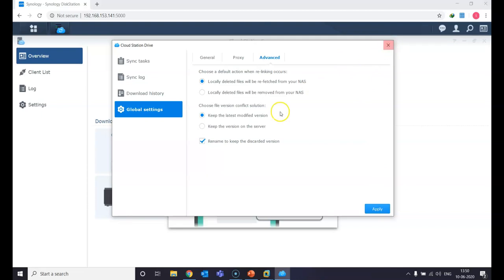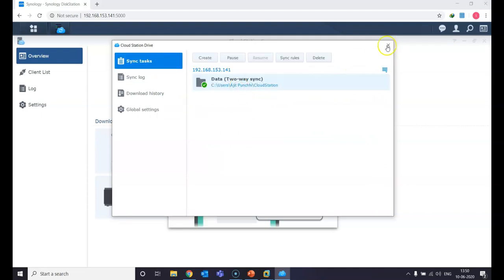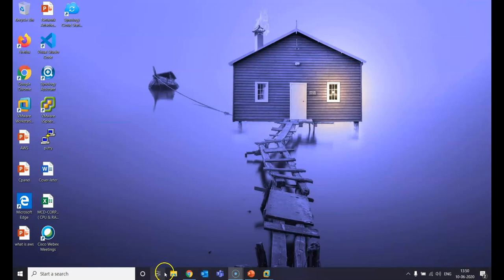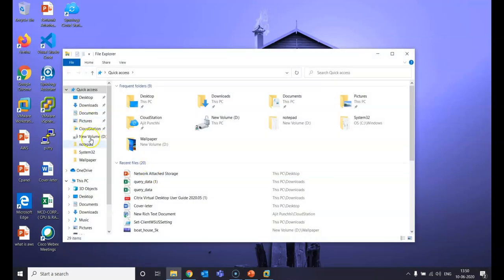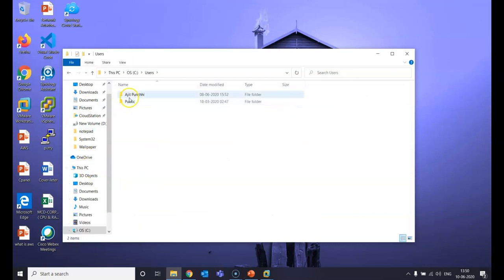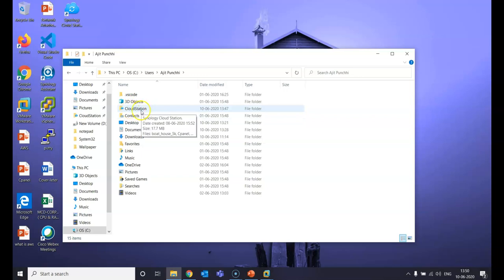The next step is, if you want to make a shortcut of this particular sync task, how can you do it? For that you need to go to My Computer, under the C drive, Users, Ajit Punchi, and you can see the Cloud Station folder.